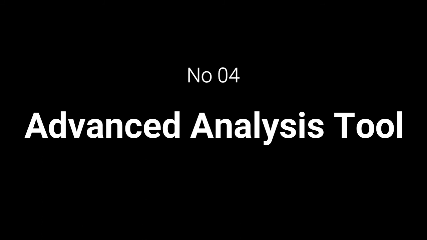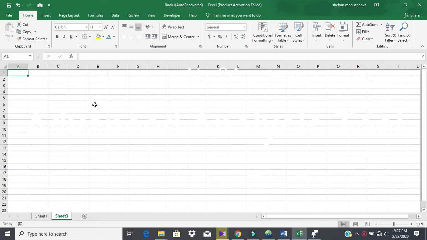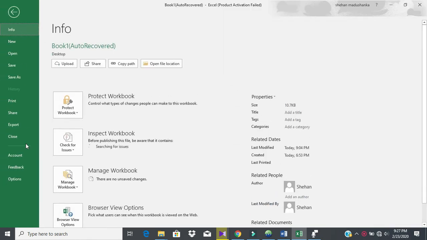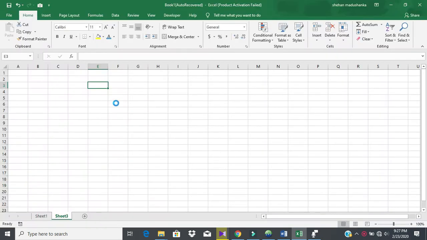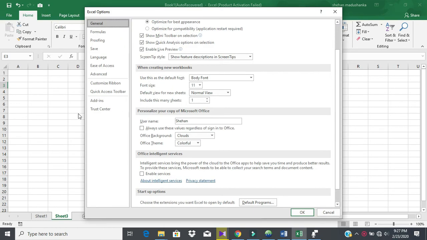Number 4. Advanced Analysis Tool. Analysis Tool is a hidden option. It's not listed by default, so you should add it manually. To do that, go to File, Options, then go to Add-ins,